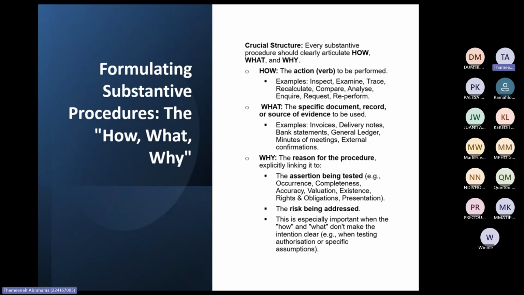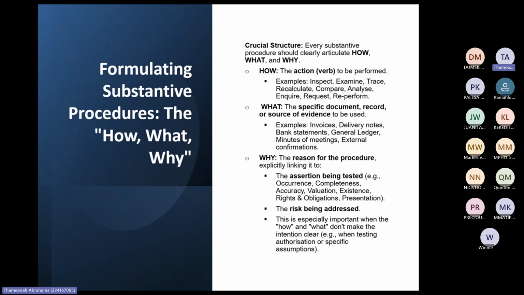You check that all the revenue actually did occur, that the revenue occurred in the correct period for the cutoff, that the revenue is in the correct account, for example, it's not in the expense account or the trade payables account or whatever. That is classification. You want to make sure that revenue is presented correctly in the financial statements according to the IFRS standards. That is presentation. And yeah, I'm not sure which one I missed, but you get the gist of it.